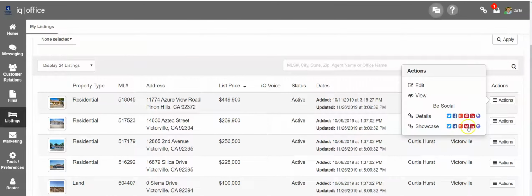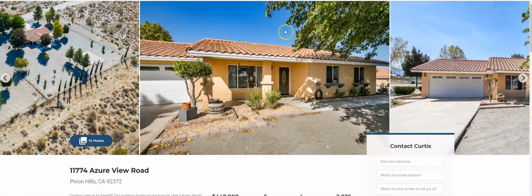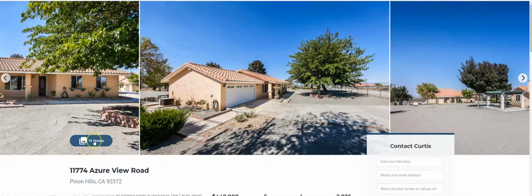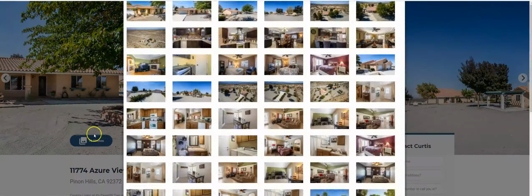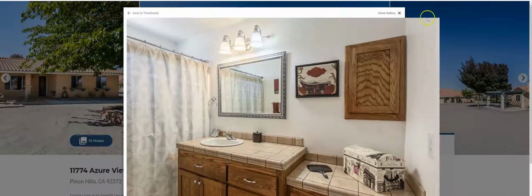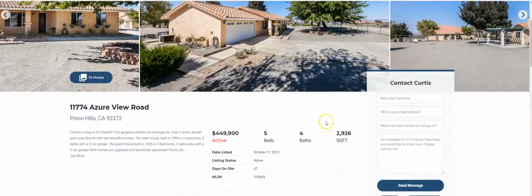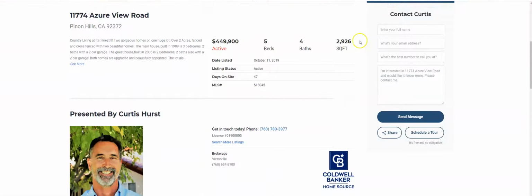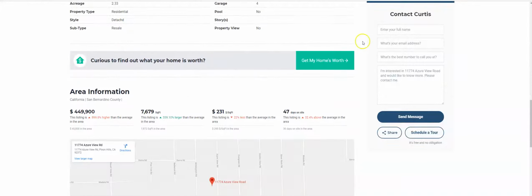And there's also a showcase site. The showcase site has a little bit more information. It's got scrolling images at the top. A customer can choose to see all of the photos in a layout and then select a photo to see it enlarged. There's also a contact form that is sticky, so it stays with the listing all the way down,